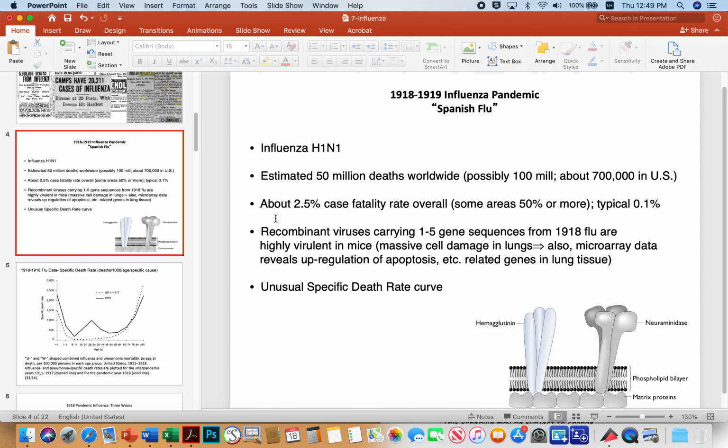And because the goal of the research was to figure out why this particular flu was so deadly, they pieced the virus back together, which is frightening,